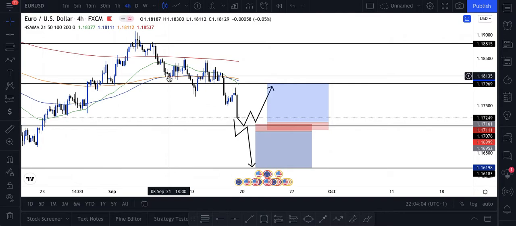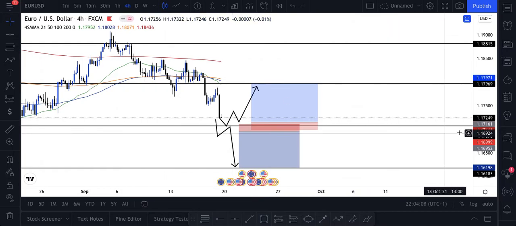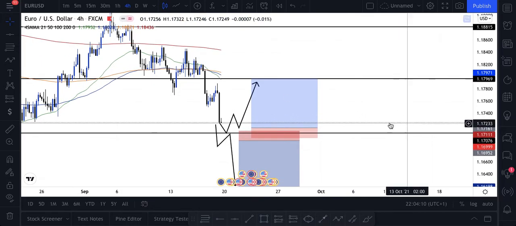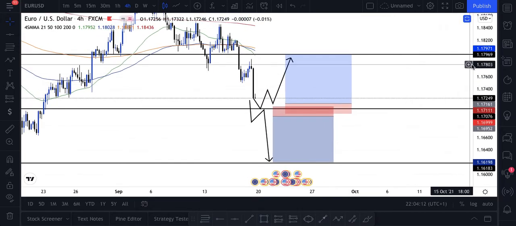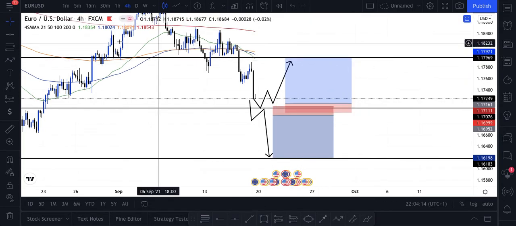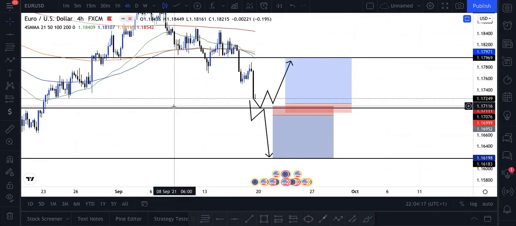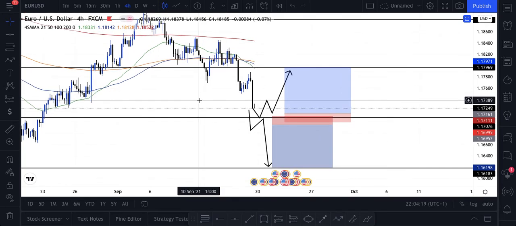I highly recommend you go back to my channel and have a look at it. It's right there, lots of value in it. You can maybe learn something. But yeah, so this is where we're at with EURUSD. This is just a quick, nice little support and resistance